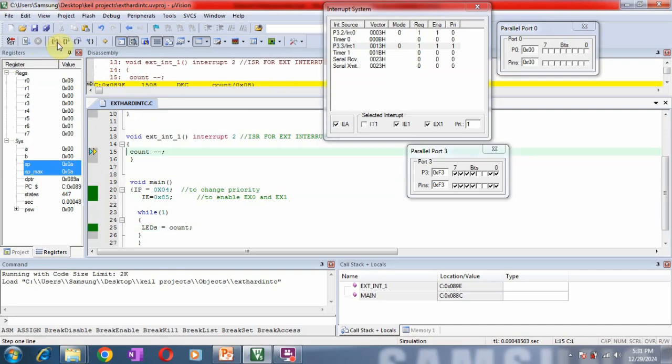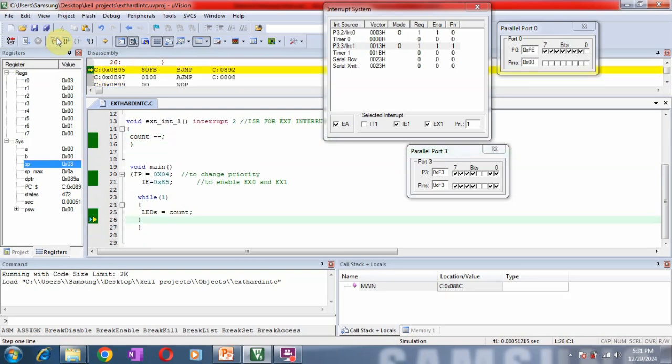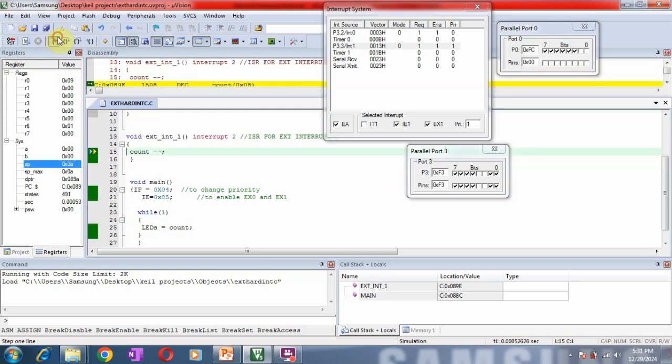So now LED is equal to count, so it has become 0, and now as per priority the control is transferred to this INT1. So in the last case you have seen that the control is given to the INT0 because by default that priority is higher, but now we have changed the priority using the IP register, and therefore now it will just decrement the count value. Now it will come out, it will reflect that on port 0. So actually 0 minus 1, that's what is showing you error. And now unless and until you remove that interrupt, it will again and again interrupt it and give the highest priority to the INT1 interrupt.